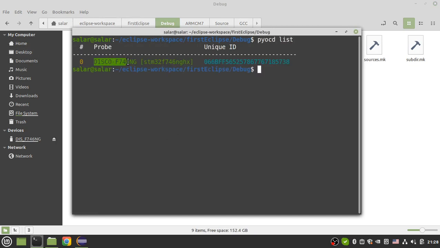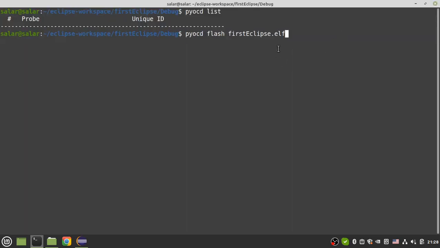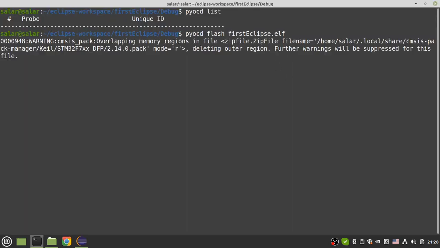My board is connected to my computer, and this time I can flash my board. pyocd flash and the name of your ELF file. What's the name of my ELF file? First cmsys.elf. If I press enter,